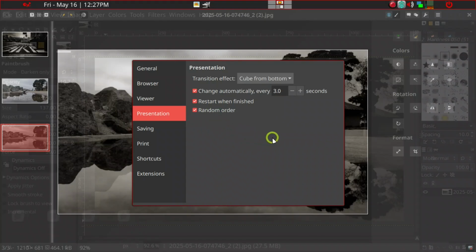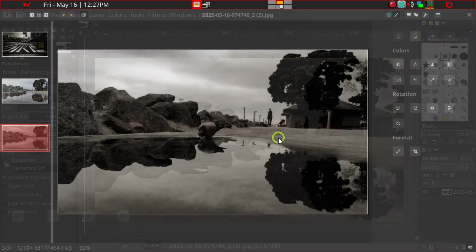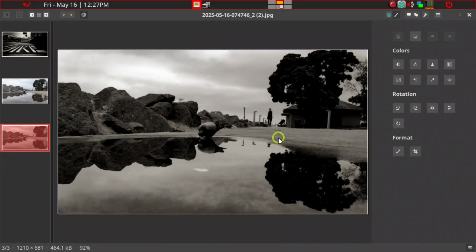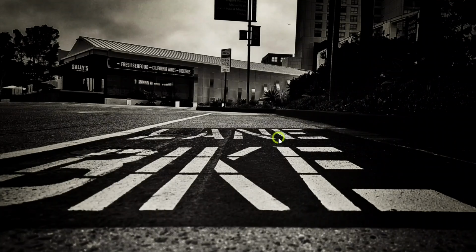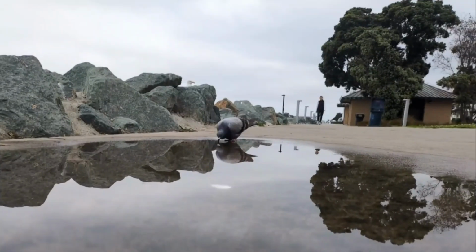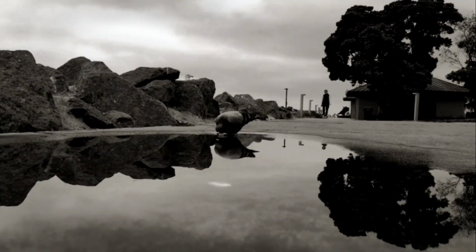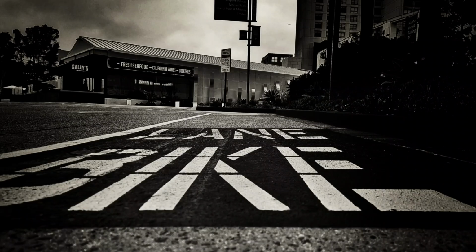So we'll go ahead and escape, and then F5 again, and you can just pause with P, and then P again, to toggle a presentation. And I think that's